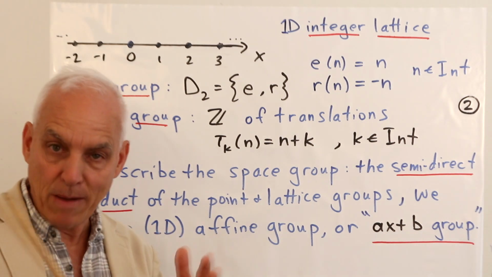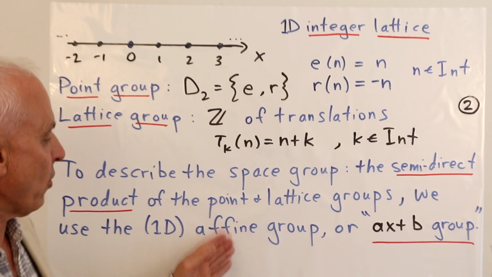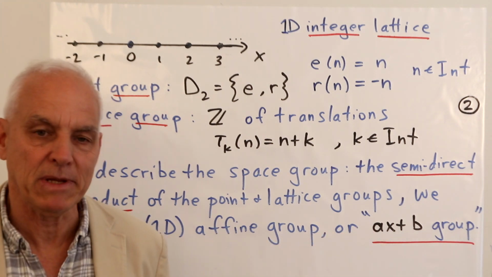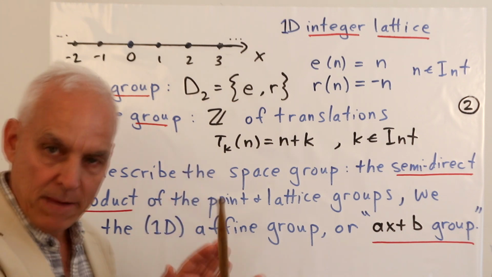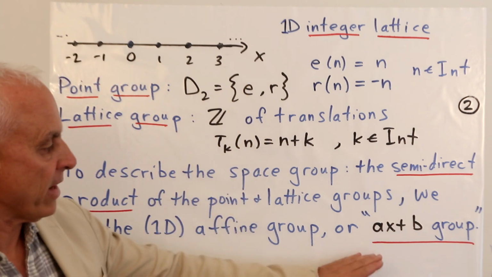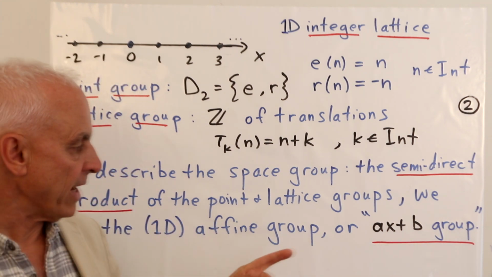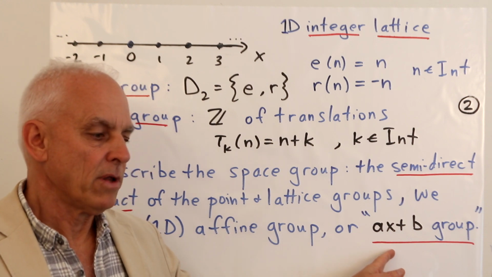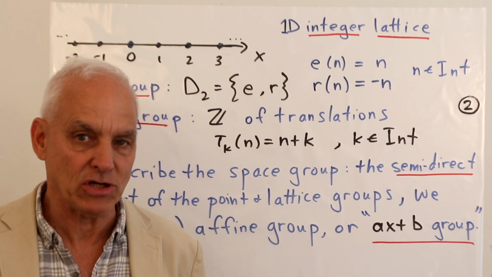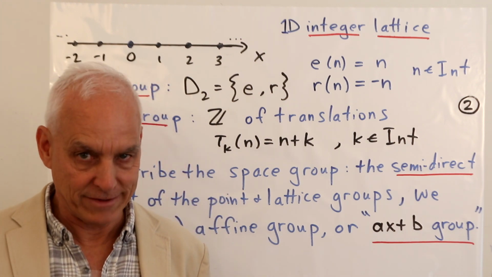So there's a theory of geometry here that's underlying the story, and we can use some linear algebra associated to the affine group, giving us what's usually called the ax plus b group. And that's a nice place to frame this discussion so that we can see these groups naturally appearing inside the ax plus b group. So this is a very important and useful point of view because it extends very nicely to higher dimensions, and in particular to those other lattices that we're eventually going to be wanting to look at.